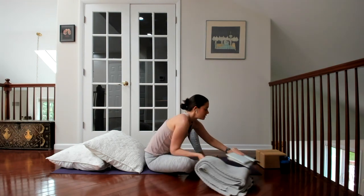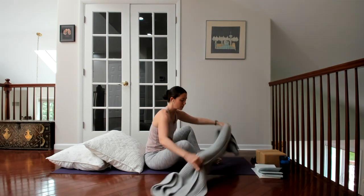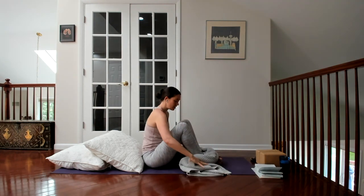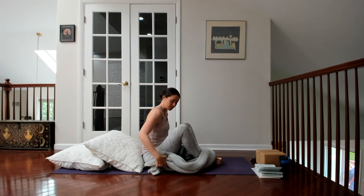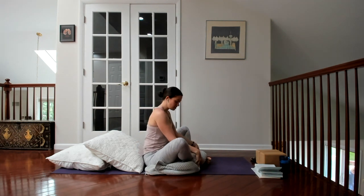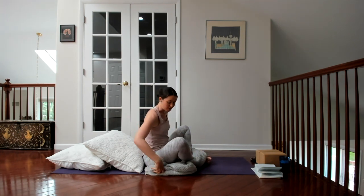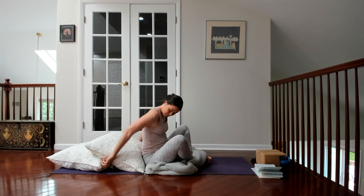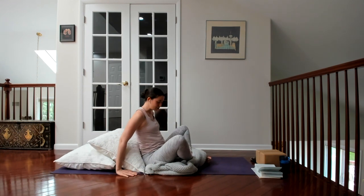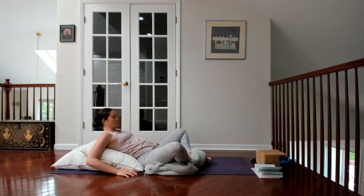The other option, which is a little bit yummier, is to unfold your blanket, wrap it on top of the feet, and then tuck underneath the backs of the thighs. Bring the feet in just as close as is comfortable. Find that cushion under the ankles, and the cushions underneath the hips. Adjust your pillows so they catch you when you land, and then slowly release the back body back onto